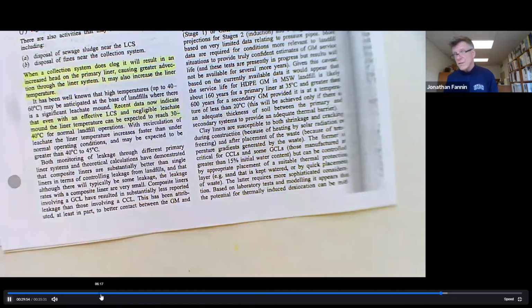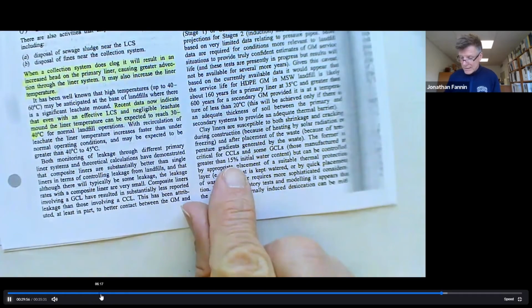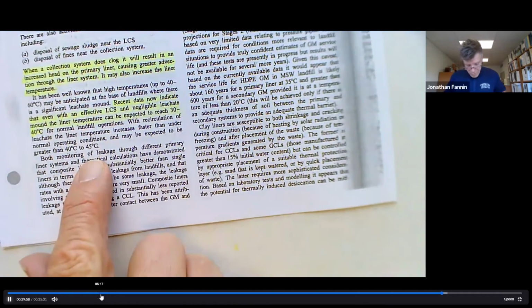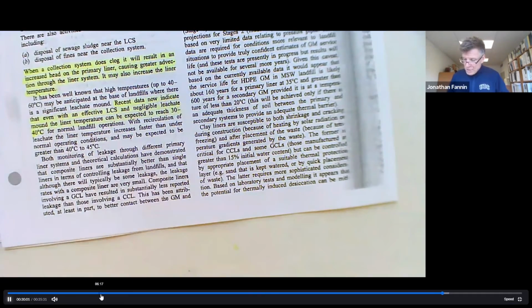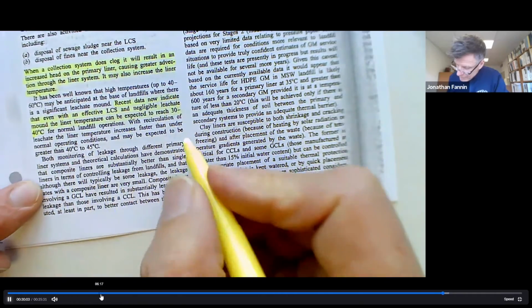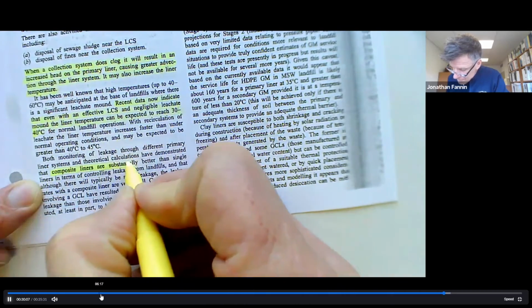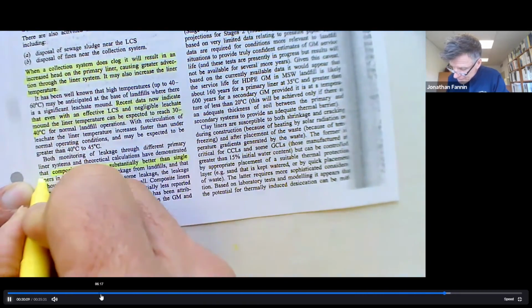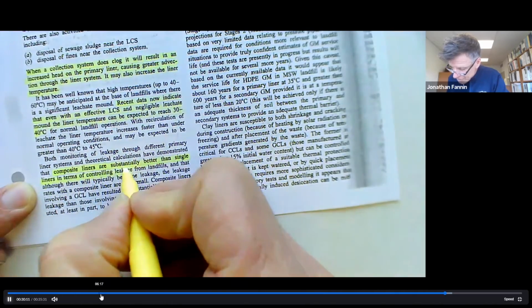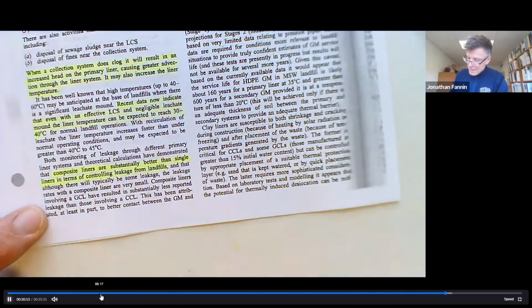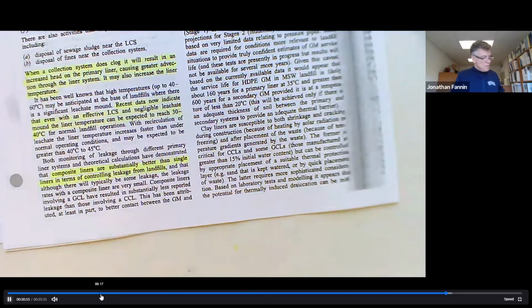You almost need to read the full text of the Rankin lecture to get them, but both monitoring of leakage through different primary and secondary have demonstrated that composite liners are substantially better than single liners in terms of controlling leakage, right? And that's what takes us back to the,